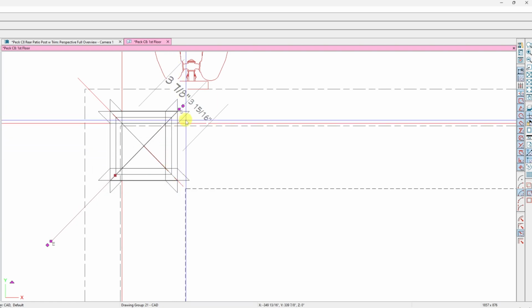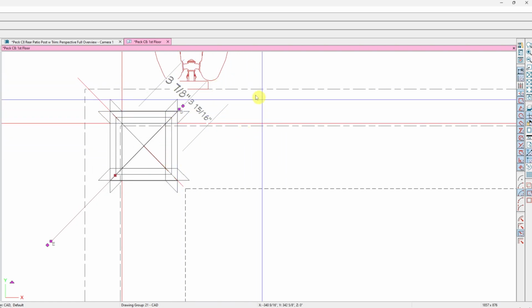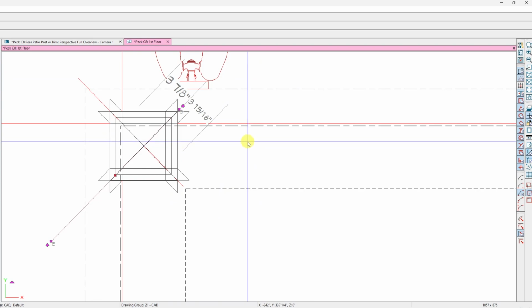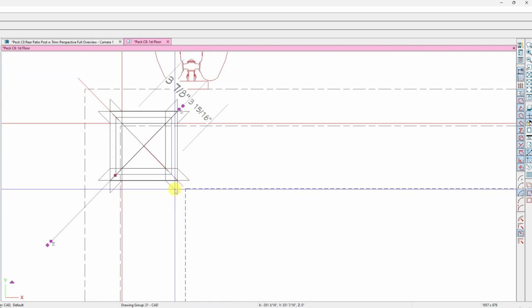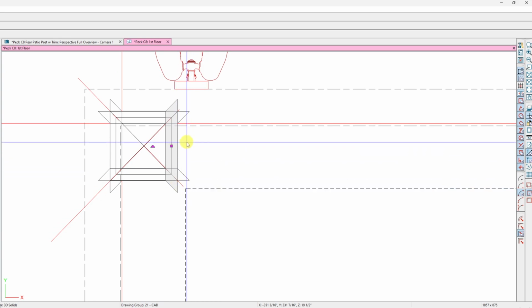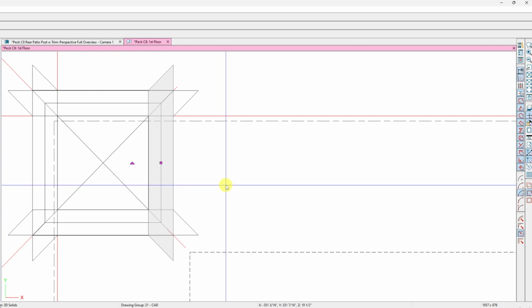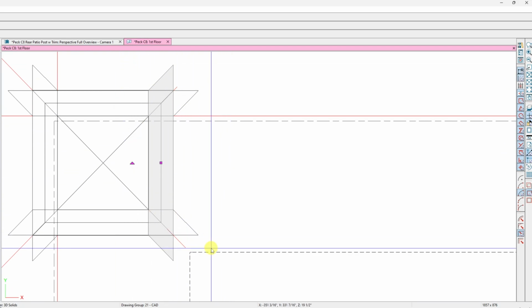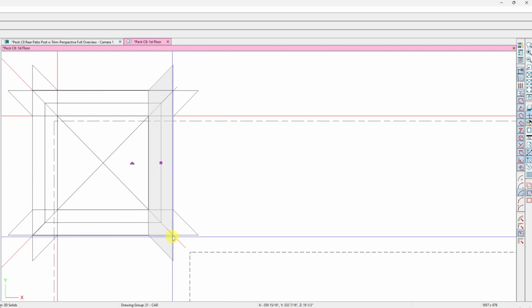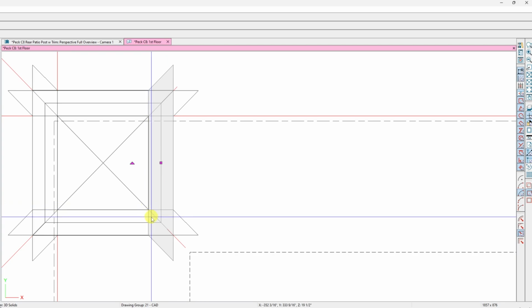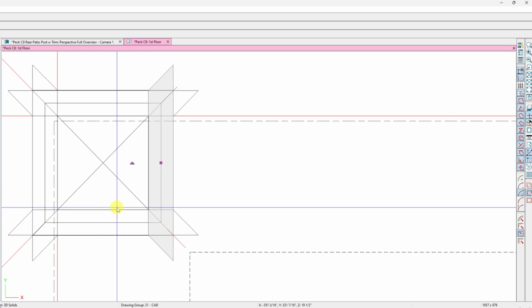So maybe it's actually grabbing that. Maybe it's trying to grab the concrete under. I don't know. But what is really curious is that if I do get a hold of this, it has no handles on it to resize it. Drag that to there, drag that to there, as it did prior. So if I hit tab,